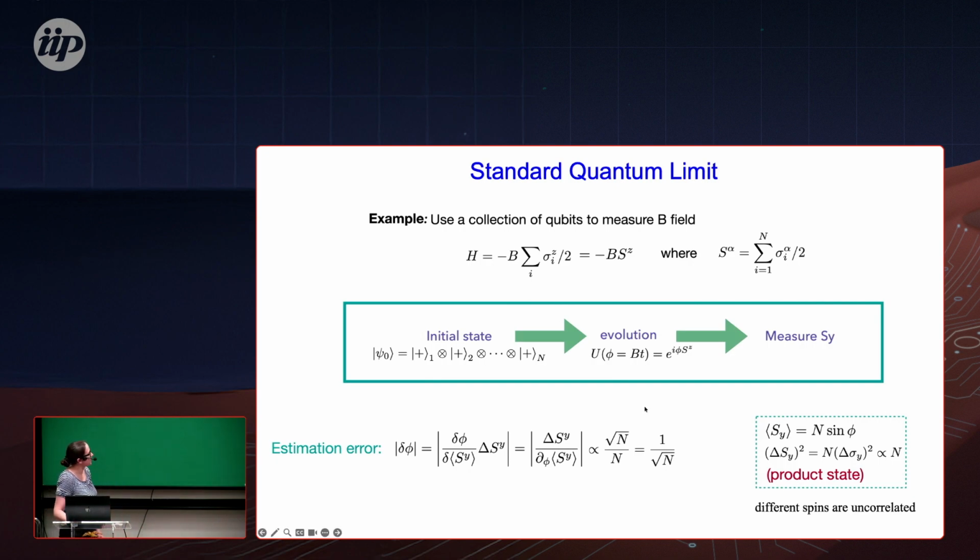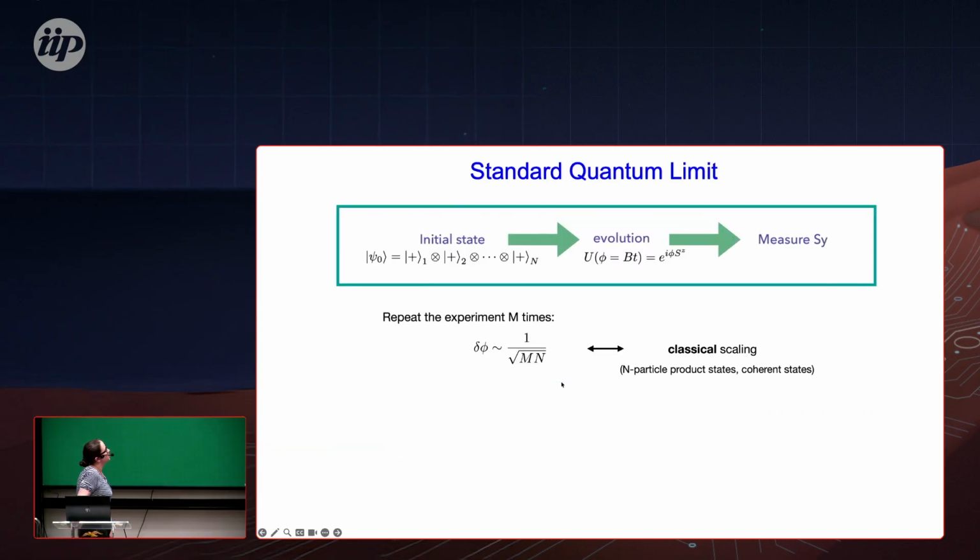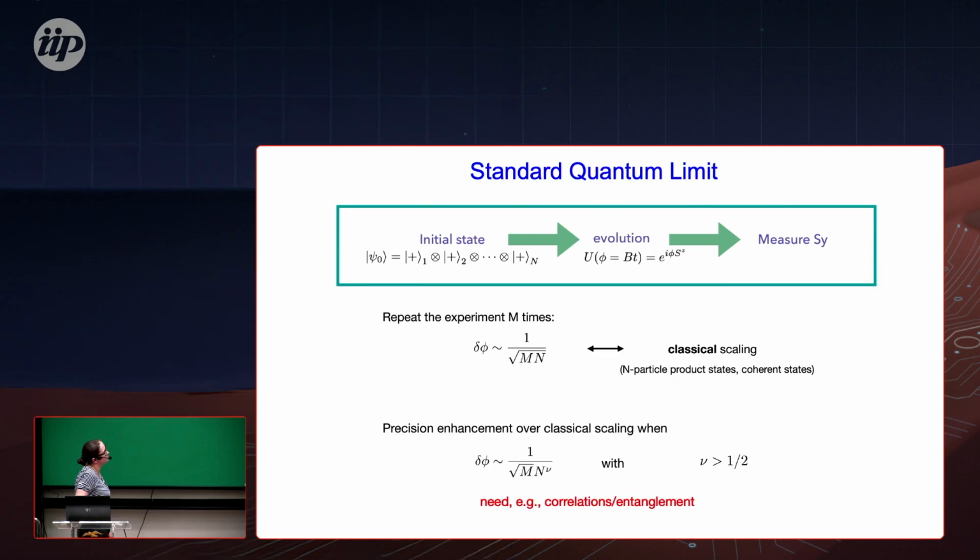And of course, in this case, we did not use a property of a quantum system such as entanglement, and this is what was discussed in many systems. So let's say we introduce entanglement or correlations between spins which go beyond the classical limit. We can improve the scaling: m is the number of measurements, which we cannot change, but the scaling with n, how many states we involve, for example how many spins, could be increased, and this nu could be better than 1/2. So the ideal limit which we want to consider is the Heisenberg limit, with mu equal to 1.